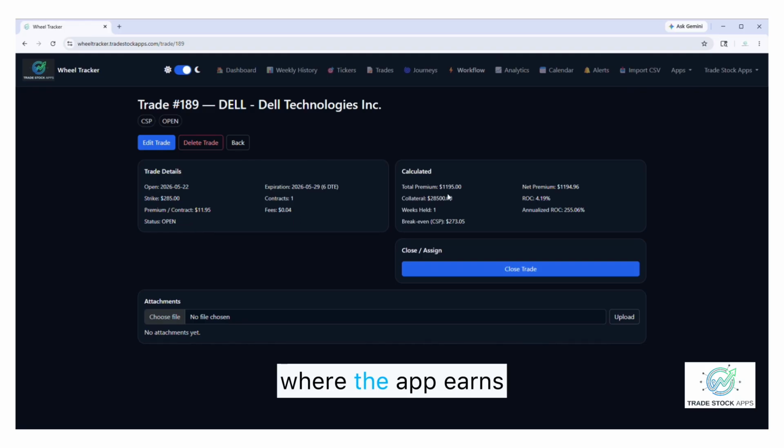On the right is where the app earns its keep. Total premium, $1,195. Net premium, $1,194.96 after the 4-cent fees. Collateral required, $28,500, 4.19%. Annualized ROC, 255.06%. And right there at the bottom, break even,